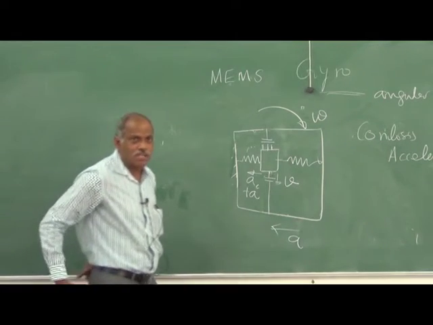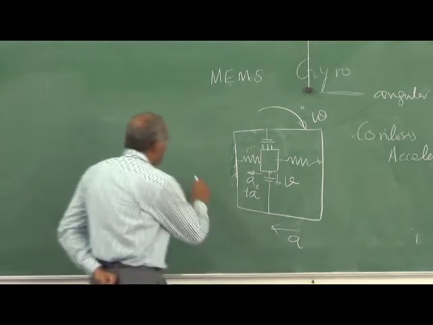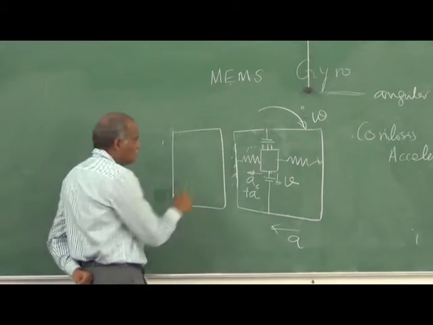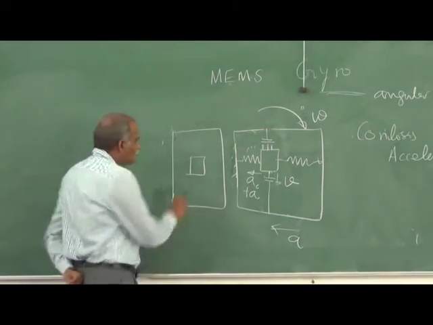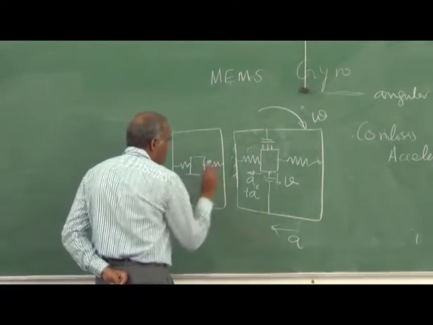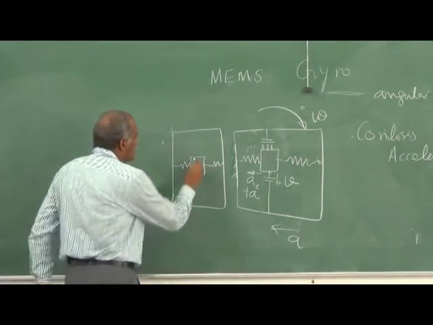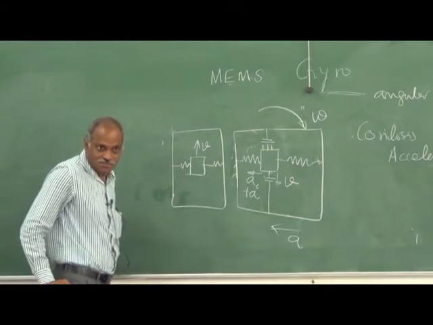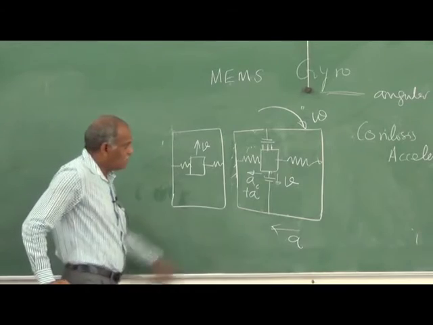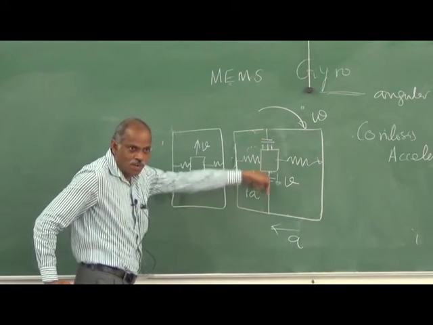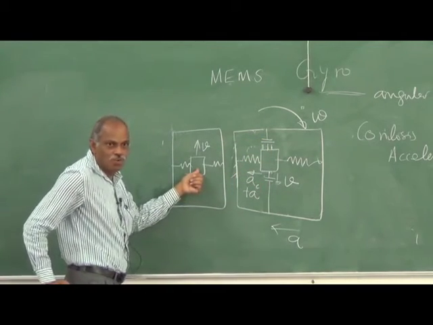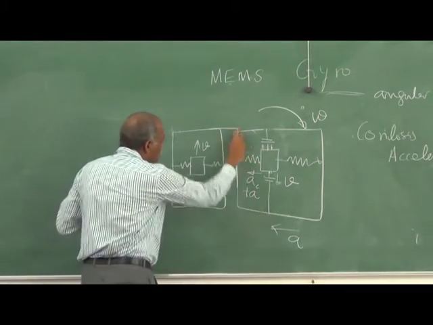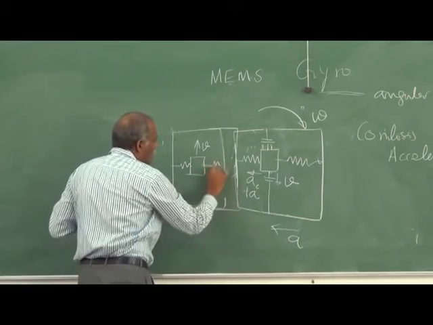So to overcome that, what they have done is they have provided one more mass, same arrangement like this, but this will be moving at a velocity in the opposite direction. When this is moved in one direction, this will be allowed to move in the opposite direction. Because of this rotation which is imposed, both are integrated, they are not separate. Okay?